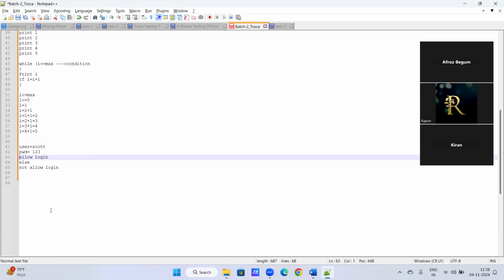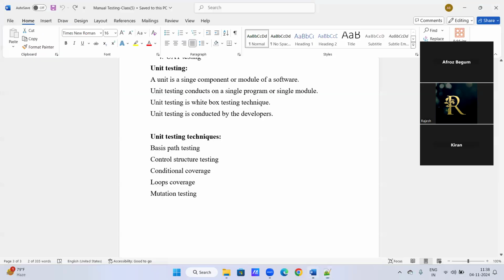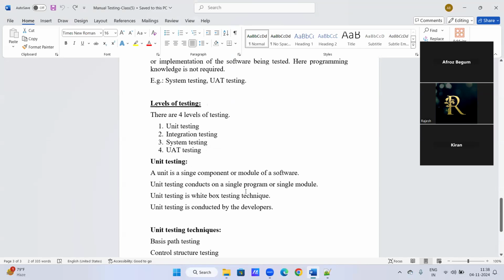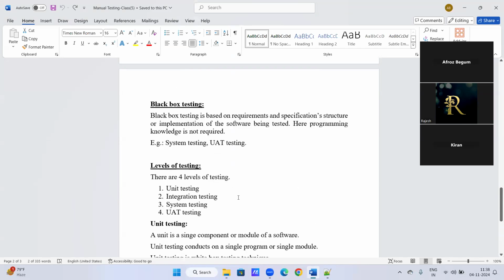So these are all unit testing techniques, and developers use these techniques to conduct unit testing and also use some automation tools. Unit testing can be done through automation, with tools like JUnit, TestNG, and so on. There are a number of tools. The developer will take care of this. We need not bother about this, just understand what unit testing is, who will conduct it, and what testing can be done in unit testing. We are mainly involved in system testing actually. So we will discuss more about system testing, and the rest of the things we don't